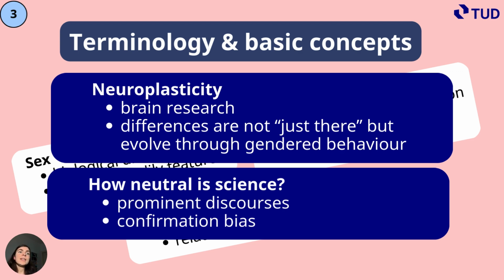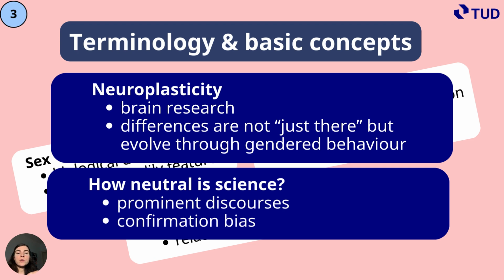The brain can basically adapt to the usage situation. And if you all the time use your brain in a gendered way, along the lines of femininity, masculinity, of course, it will develop into a biologically different brain with regard to the way you use it. So that would be neuroplasticity.